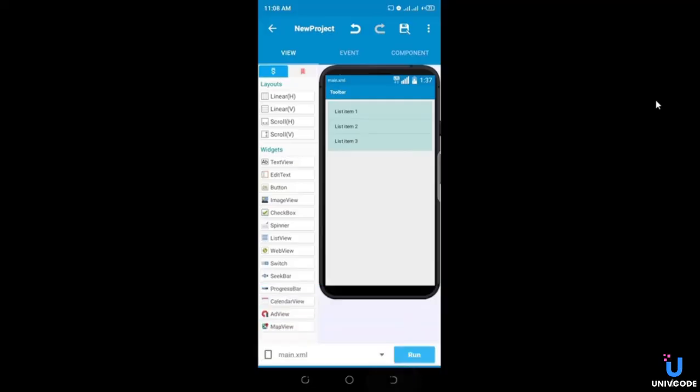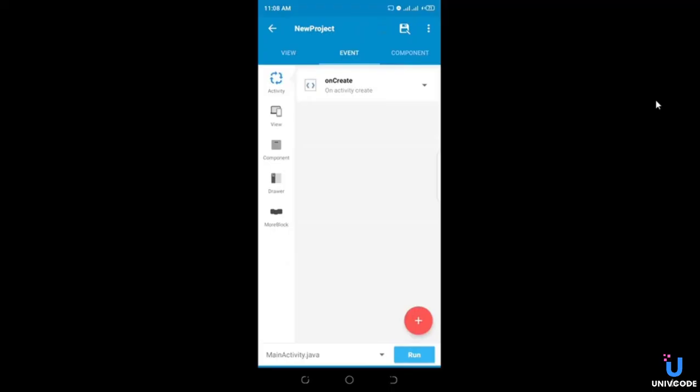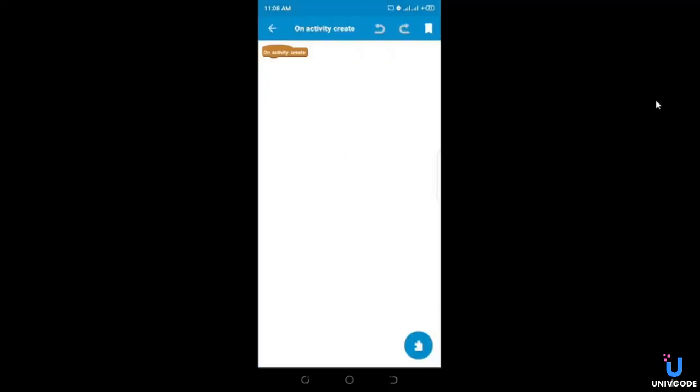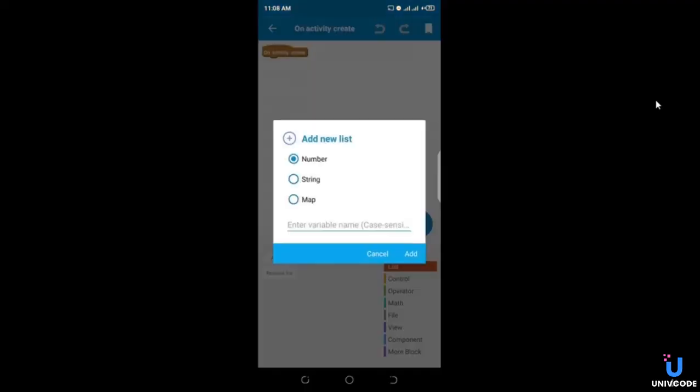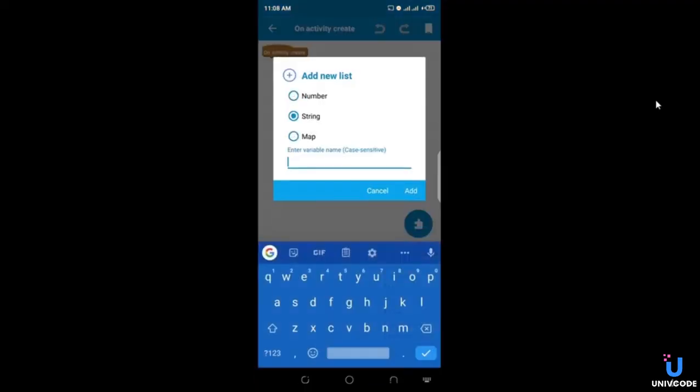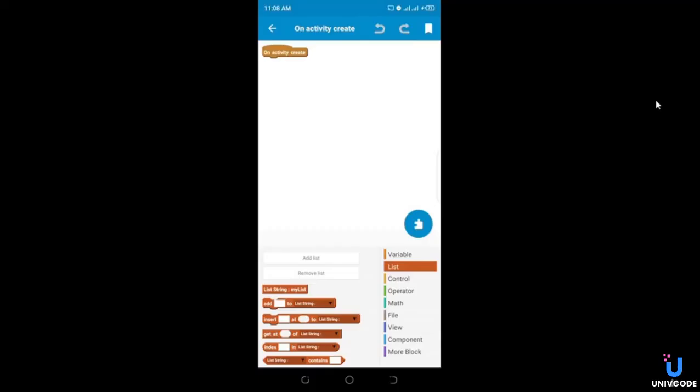For example, if you are trying to import data that is saved by user to a particular page, you need to use list view to allow users add this data. So basically what we are going to do is add a list, let's call it my list, and